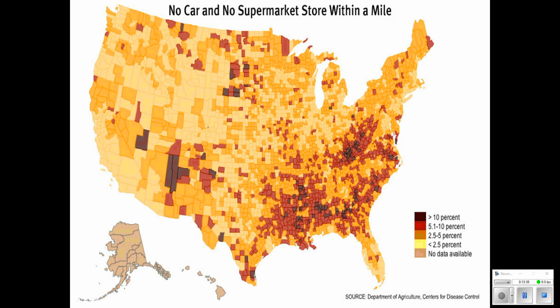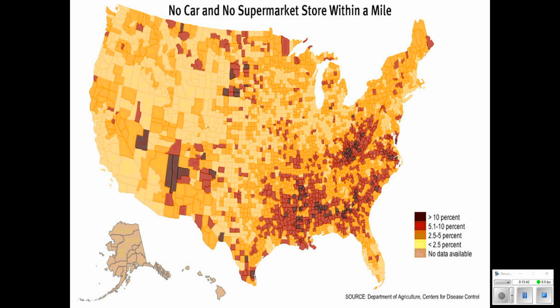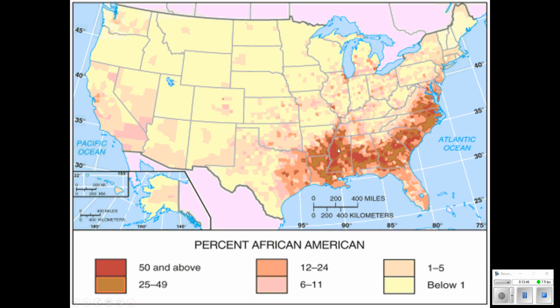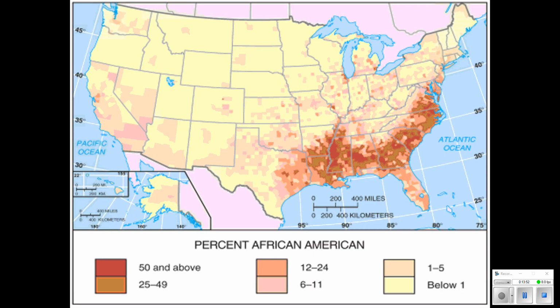But when you look at this, look at your percentage of African American, and then toggle back and forth, and just look at this overlapping pattern, that these food deserts are also areas of poverty. And poverty is in the Deep South. A lot of it is entrenched in the black communities of small towns. It's not just poor black people, though. It is also poor white people who don't have access to some of these grocery stores.